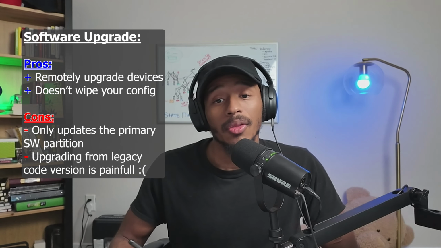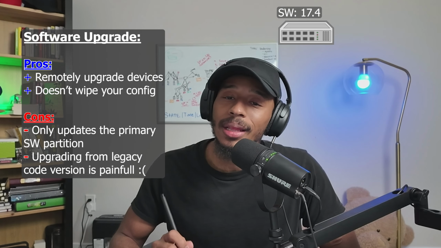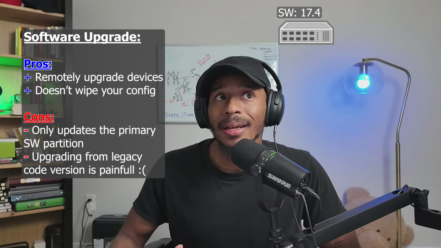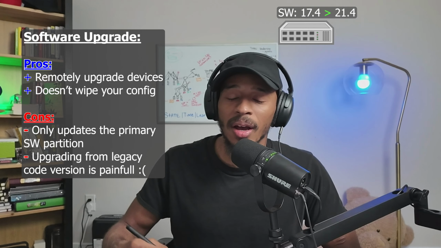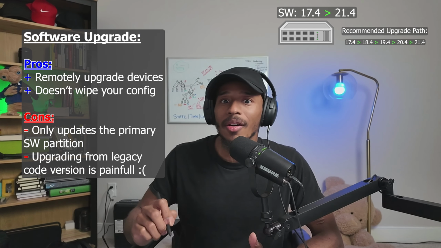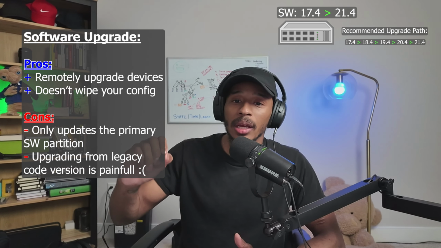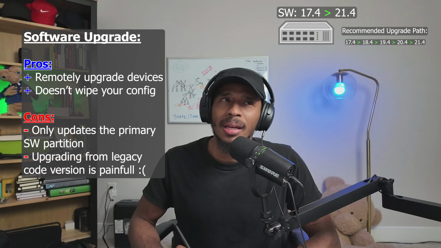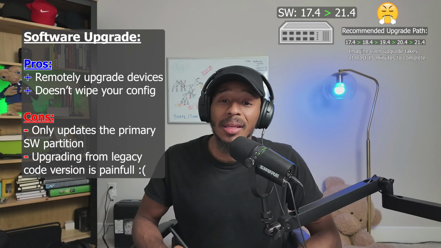Another thing to keep in mind with the regular software upgrade is that if you're on a legacy version of code, let's say 17.4 or something like that, and you're trying to upgrade to a newer release like 21.4 or 22.4 or something like that, the recommended upgrade path will consist of many different hops that you'll need to slowly, incrementally upgrade to in order for you to get to that desired release. And now that may be pretty tedious, and depending on what platform you're working with, that can be a rather